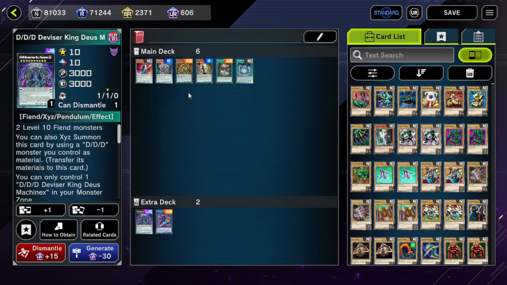I mean, best case scenario in this case, because Maxx resolved, we just have other hand traps of value and things like Imperm, which we wouldn't have otherwise, I guess. But yeah, we might have Imperms, Effect Veilers, Ghost Belle, Ghost Ogre, whatever hand trap you run, maybe DD Crow. Well, whatever the case, you're probably not going to be in the worst situation if Maxx resolves, right? So yeah,